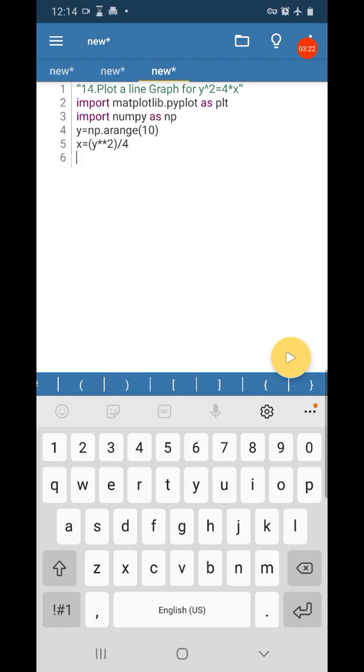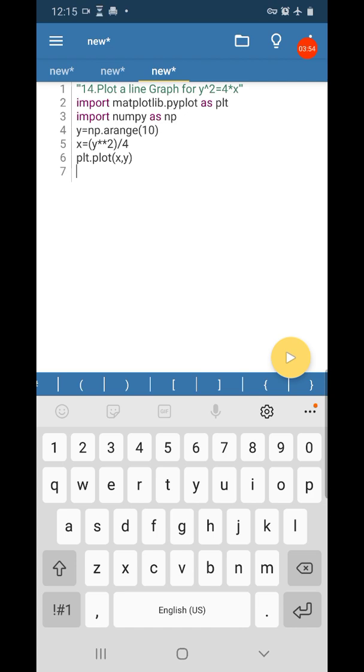Now we have to plot the graph. So we have the alias name plt. So plt dot plot. So plot is the function to plot a line chart. So plt dot plot in bracket x and y. So x comma y. Then this plot function will just plot the graph.